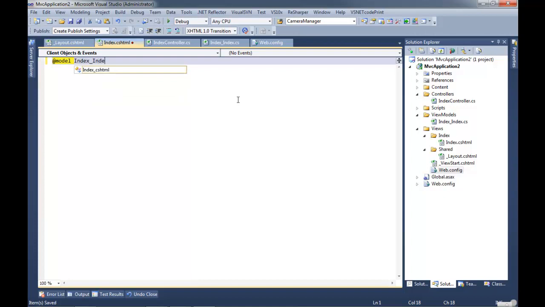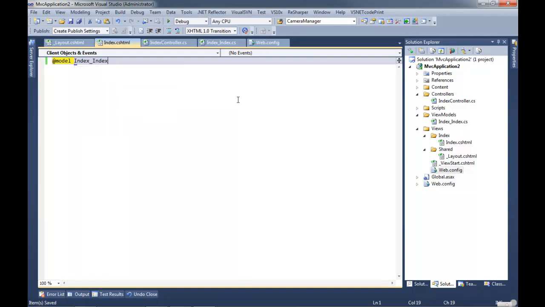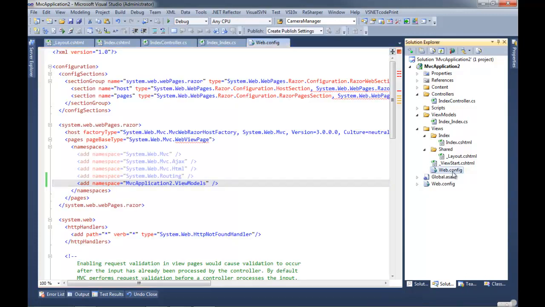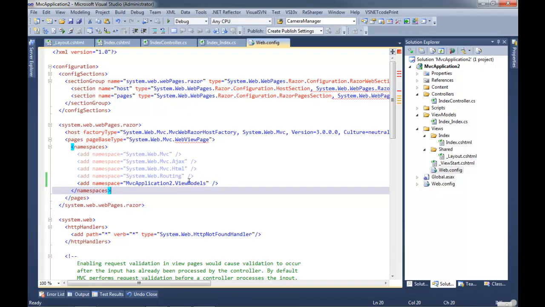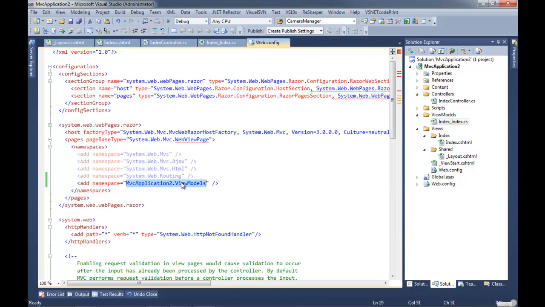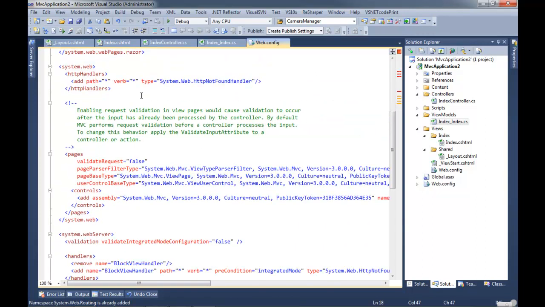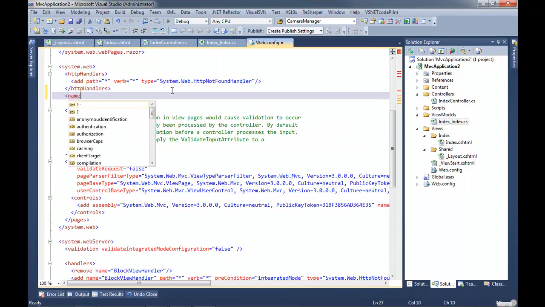So now we'll do index, and we don't see it probably because we didn't do a recompile. Now we should see index, or we don't. Okay, fine. View models. View models, and there's an entire possibility that it's actually the tooling itself that's screwing up here. So just letting you know that it might not be entirely my fault. But we're going to blame it on you anyway, so don't worry about it. Yeah, totally your fault, man. Sorry.